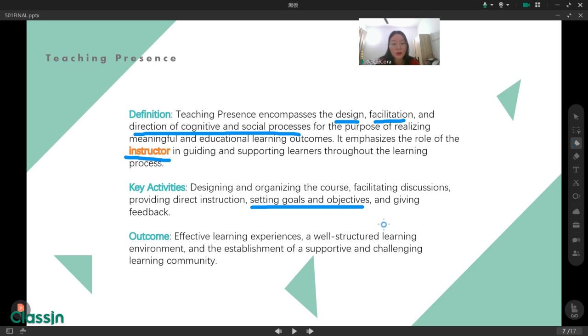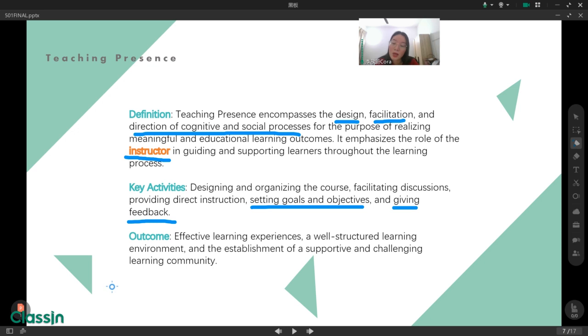And also after the learners do some activity, the instructor will give them some feedback to evaluate all the learners, what they are doing, how kind of job they are doing, so they can modify their activities to learn more effectively.